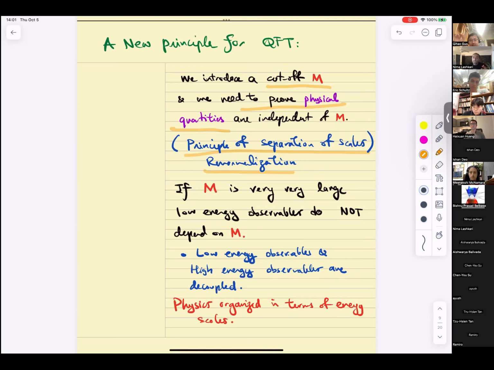If I'm doing a calculation that's supposed to be infrared, low energy, if I introduce a cutoff that's very, very large at very, very large energies, my physics should not depend on the cutoff. Now, how is this a principle? You know this as a matter of fact,